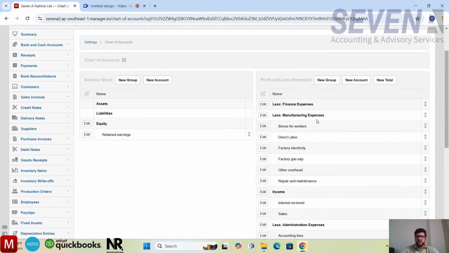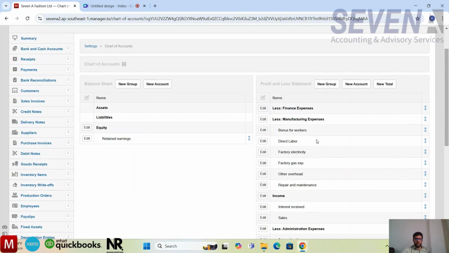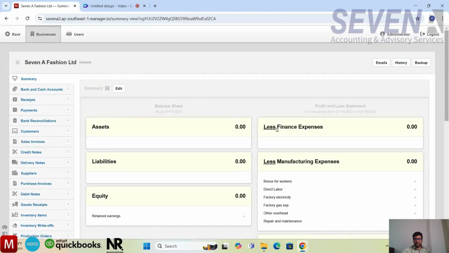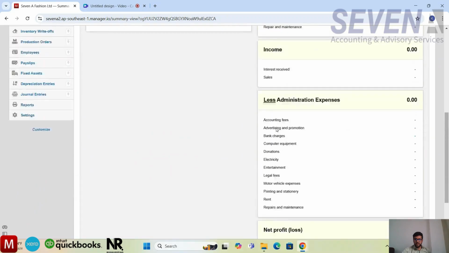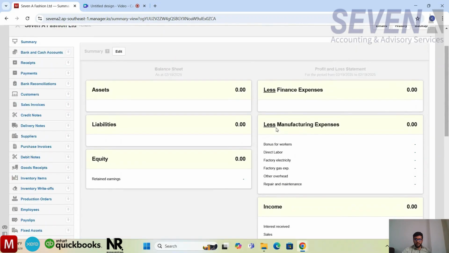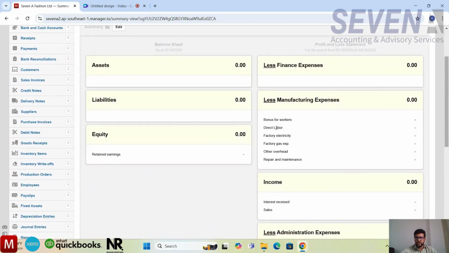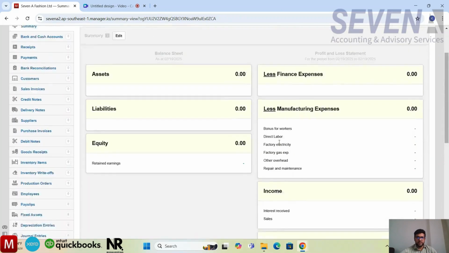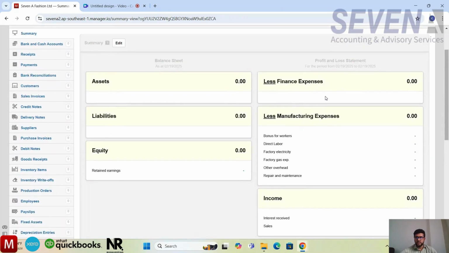Now you can see the finance expense and manufacturing expenses. Okay, let's go to the dashboard. Now you can see this, after adding accounting heads, you can see this interface, this dashboard, which shows the finance expenses, manufacturing expenses, and income